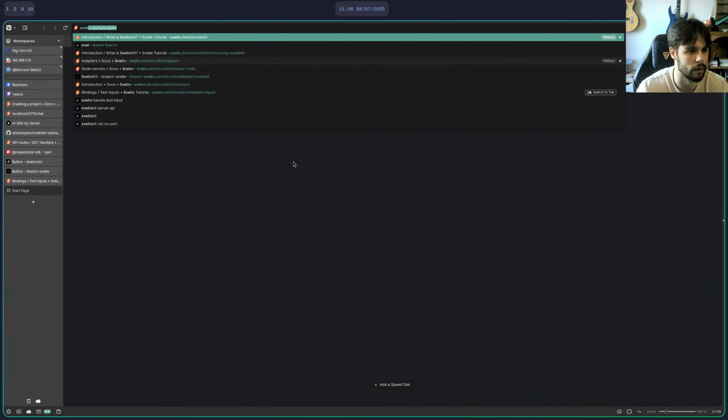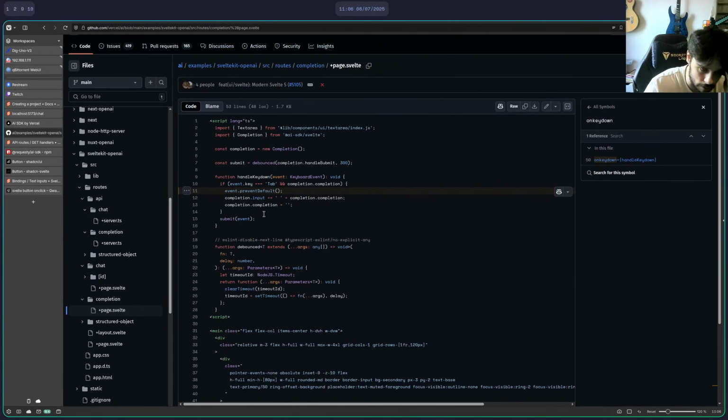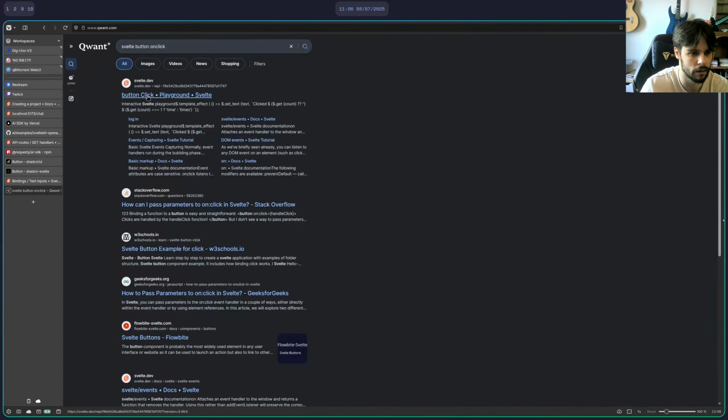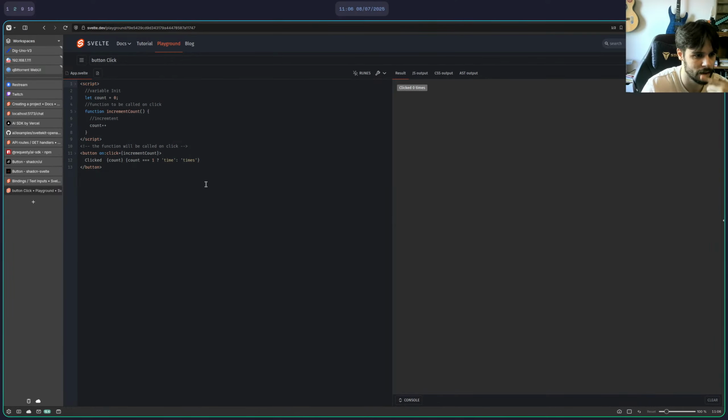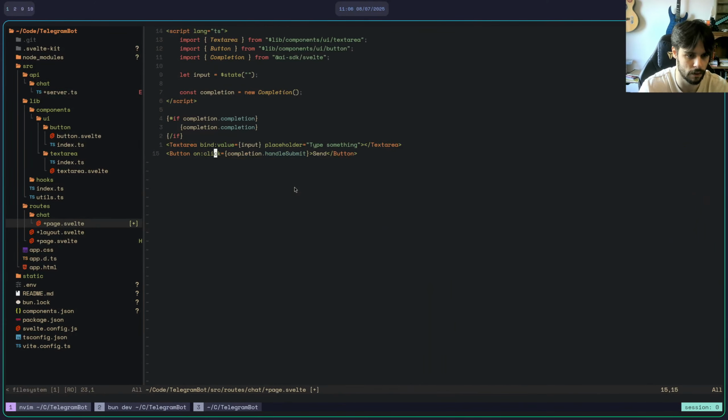Svelte button on click. What was the example? They just say on key down. Handle submit button click. On click? What's the difference? So on click.